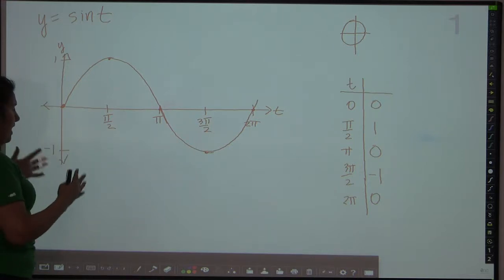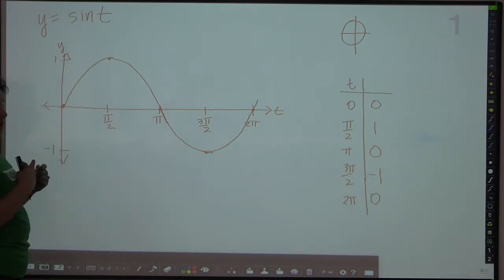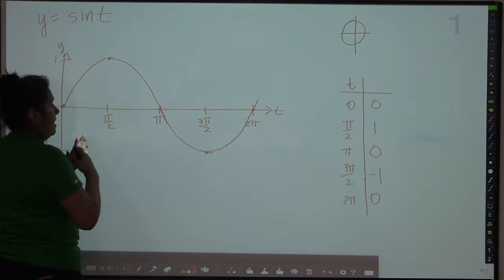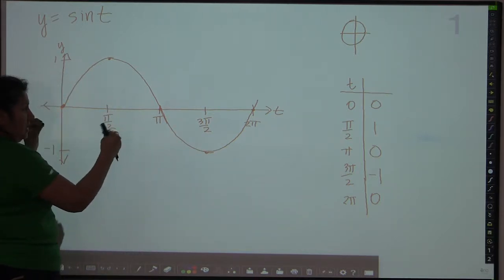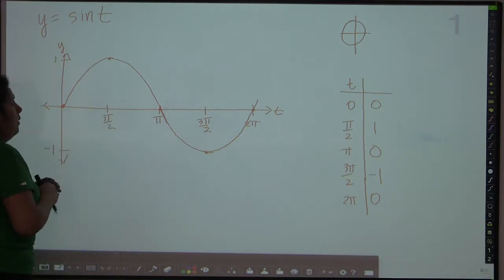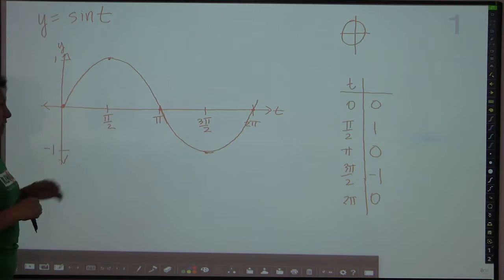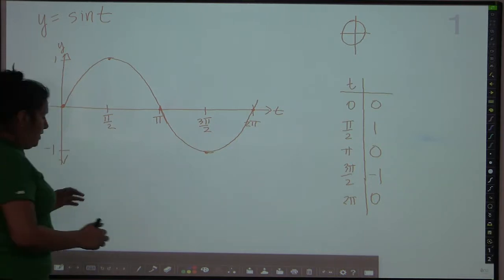This is the parent graph. This is what it will always look like. Now we can shift this graph left, right, up, down. We can shrink it and stretch it and compress it and all that kind of stuff. And we'll talk about that as the video progresses. But this is your parent sine curve. We're also going to put up here